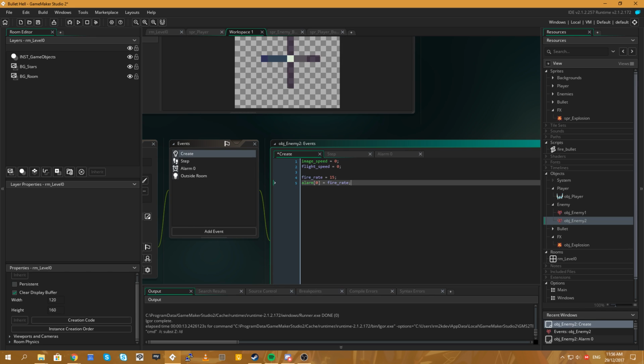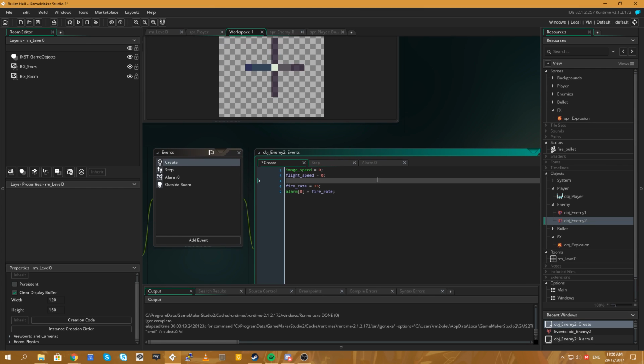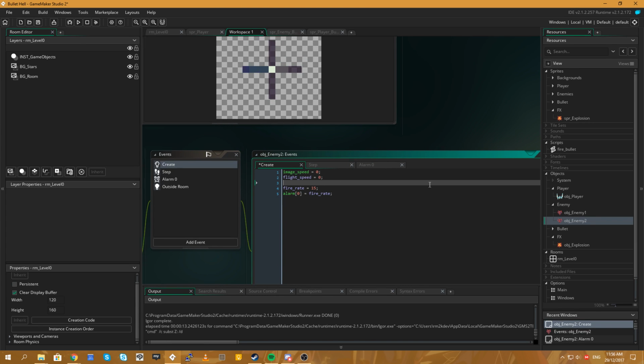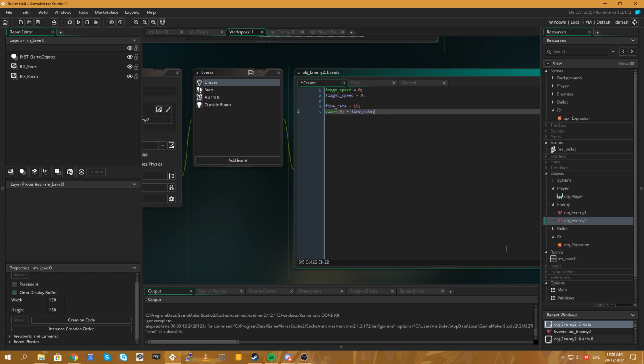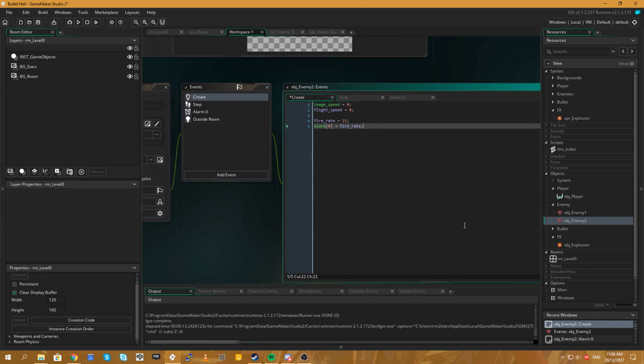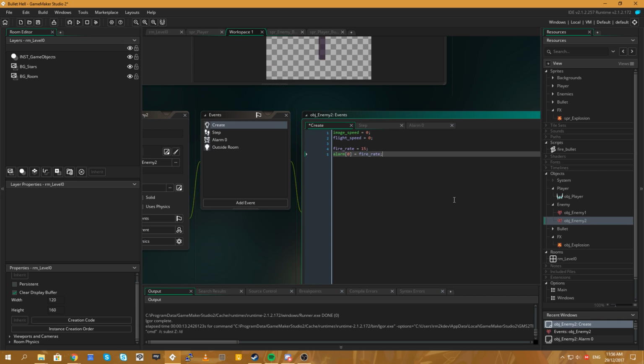I have Game Maker Studio. Should I buy Game Maker Studio 2? Again, that's totally up to you. I find Game Maker Studio 2 a little annoying, so that's just my opinion. But it certainly is powerful. It has a lot more features that Game Maker Studio 1 didn't have that it definitely needed.